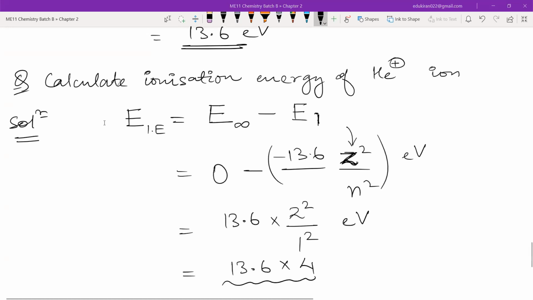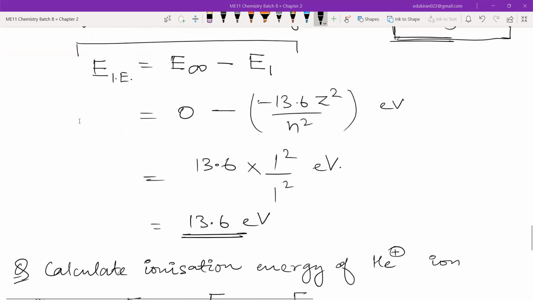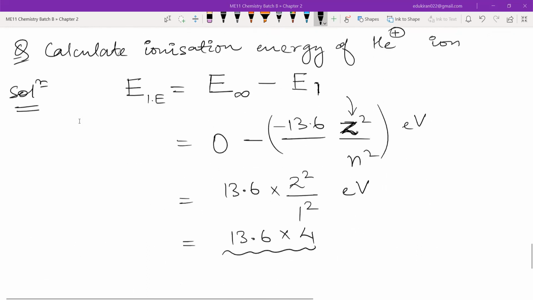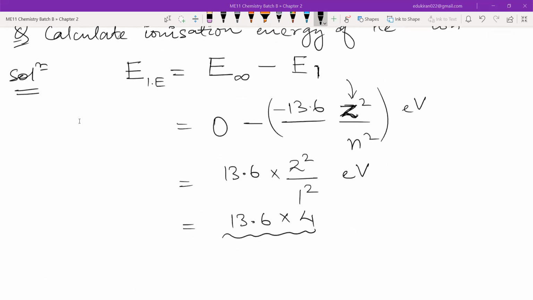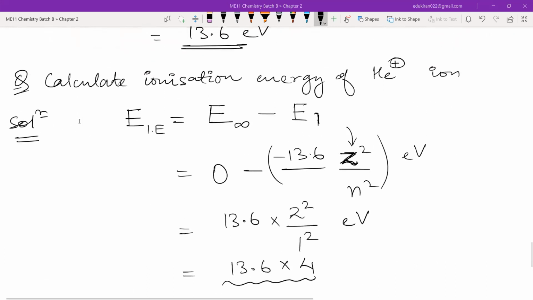Now you can see that here you have hydrogen. The ionization energy is 13.6, and here for helium ion it is 4 times, right? So that is why if you increase the number of protons, the attractive force will increase, and we will have to give more energy to remove the electron from that attractive force. So if I say it qualitatively, it is correct also. So it is confirming our logical thinking.